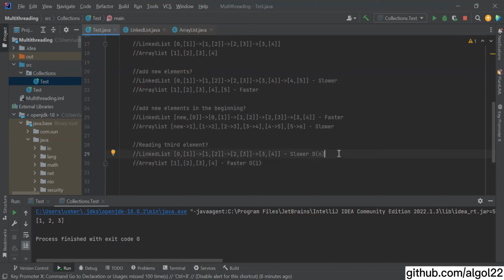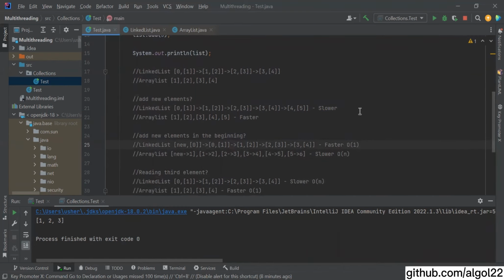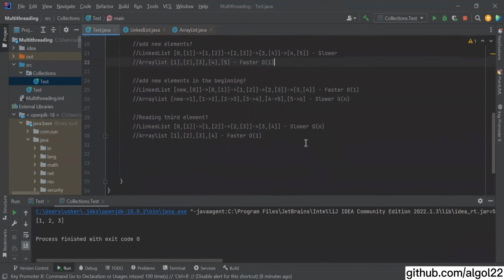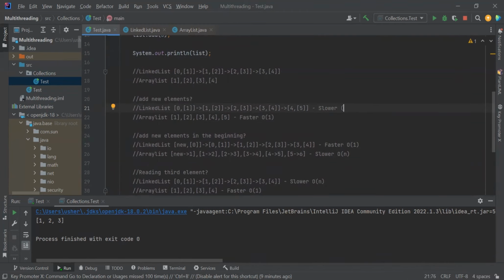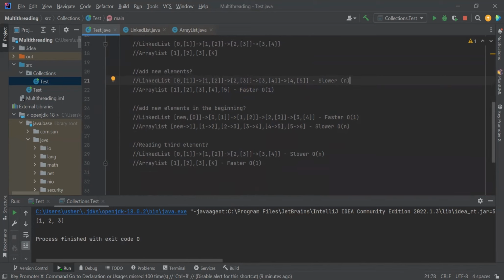And time complexity for ArrayList would be constant. And for adding a new element in the beginning, ArrayList will have linear time complexity, while LinkedList will have constant time complexity. And at the end,